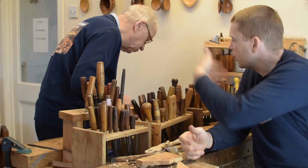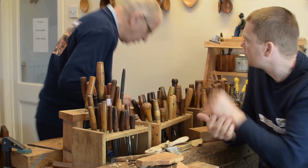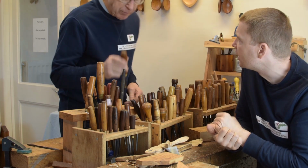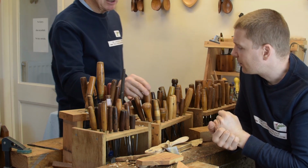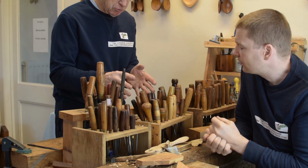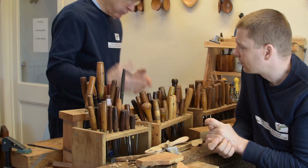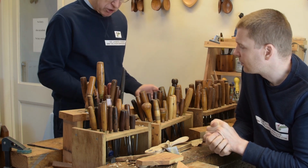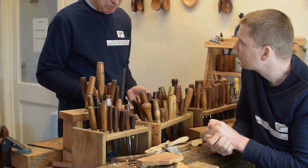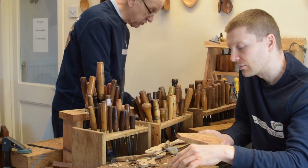The first thing I'm going to do is put it across to Dad to have some of his thoughts. Have you got any that you particularly... Well, it's a difficult question to answer, as you said, because you've got different shape gouges, different size gouges, and we use them obviously for each different individual job we're doing. So we do a lot of spoons, obviously,